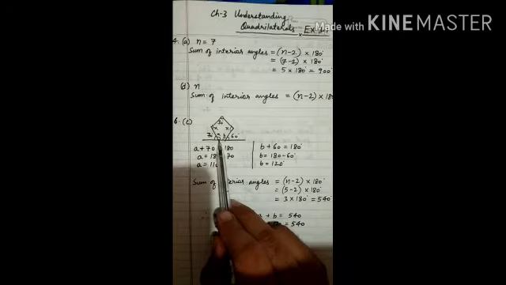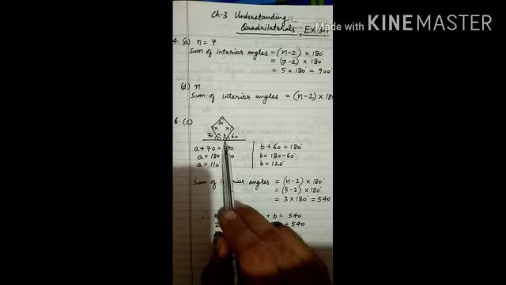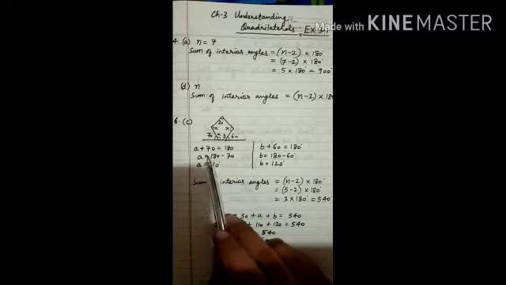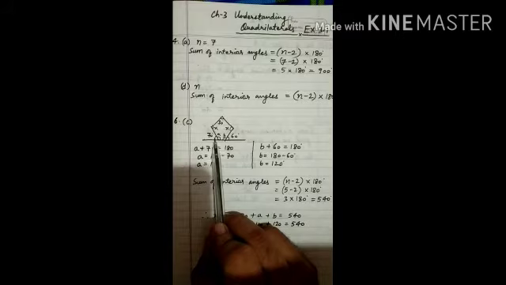You can see I have let a variable a just adjacent to 70 and b just adjacent to 60. On the straight line, adjacent angles form a linear pair which equals 180 degree. So this inside a and outside 70, the sum of these two will be equal to 180 degree. A equals 180 minus 70, which equals 110. Similarly, this b and 60 make adjacent angles, a linear pair. So the sum of b and 60 will be equal to 180 degree. So b will be equal to 180 minus 60, 120 degree.